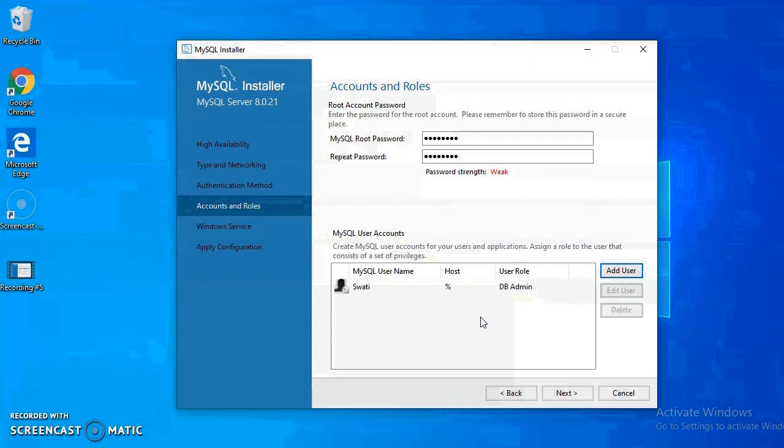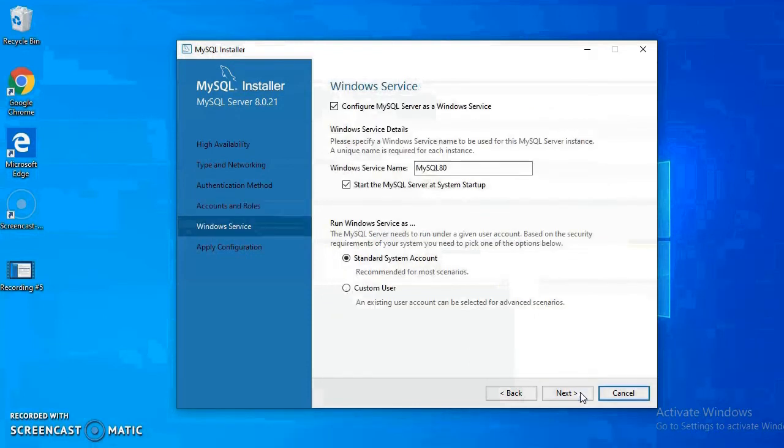So you have provided the password for root, you have provided the password for user. You can provide the same password for root and user, but you have to remember both the passwords. If you have provided different passwords, you have to remember both the passwords.